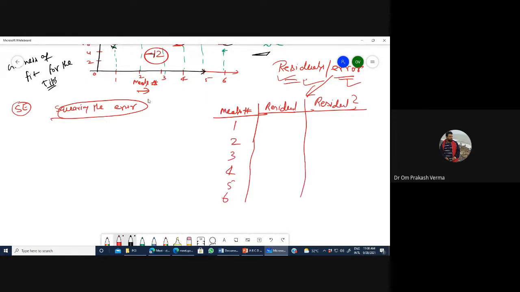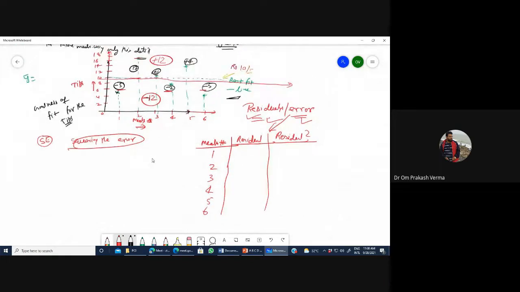So for the first and second, you can now define. For the first, it is -5. This will provide 25. This will give +7, so it is 49. This is +1, so it is +1. For the fourth it is -2, so it will provide 4. +4 will give 16. And for the -5, it is 25. Okay, so when you add these values, the sum of square of the error, SSE, a very, very important term in data science, will give 120. It will give 120 as the sum of square error.